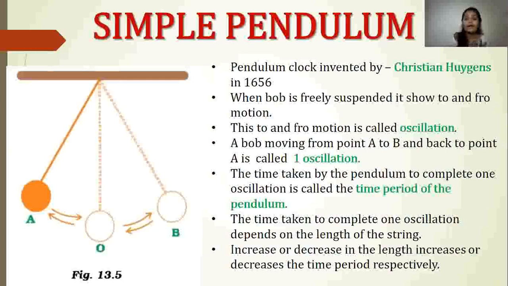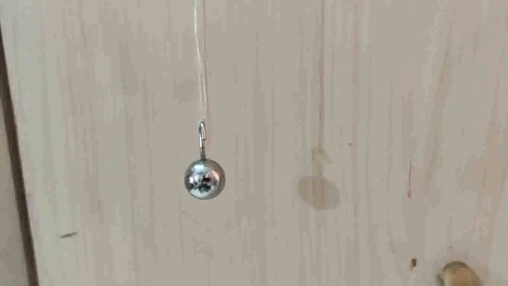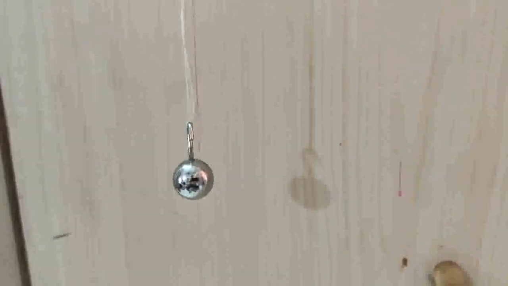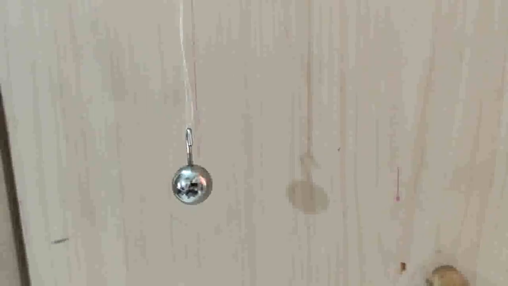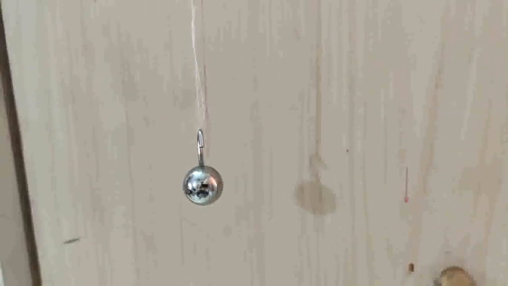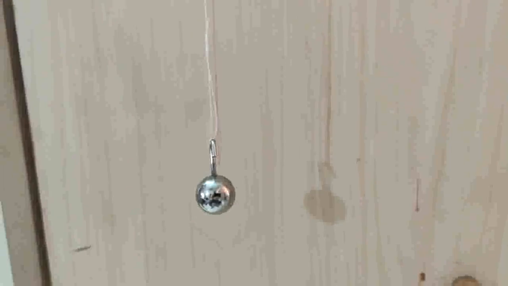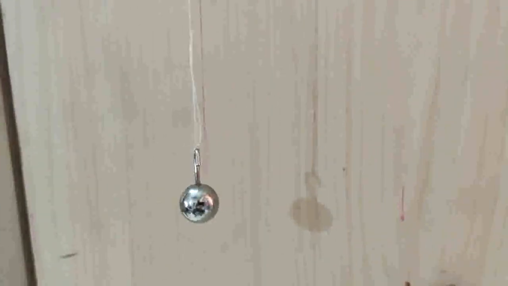Now here I am going to show you a small activity on pendulum, wherein you will learn how a pendulum works and what the basic terms are which are used when we talk about the motion of the pendulum. You will learn about oscillation, what is one oscillation, and what is the time period of one oscillation. So here we are talking about a simple pendulum. Now here you can see a simple pendulum. What does it exactly look like? Let's divide it. What are the different parts of the simple pendulum?